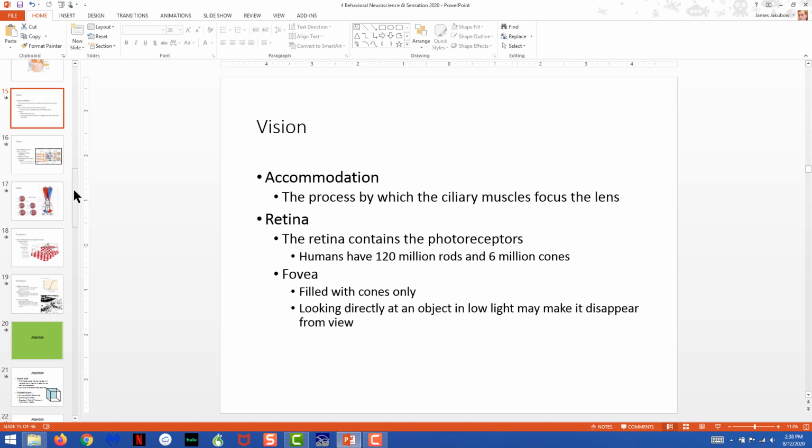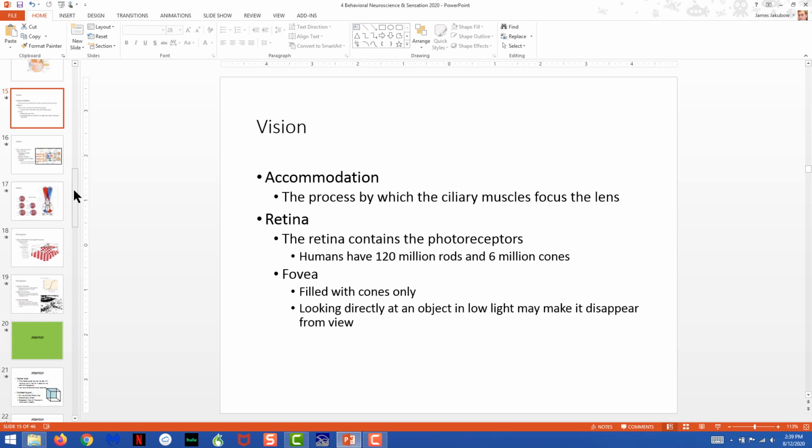So you may sometimes experience this or hear people talk about this with stars, and maybe if you have a telescope. If you're out on a dark night and you're looking at a star and you look directly at the star, it may disappear. And the reason is when you look at it, you're focusing the light on the fovea, which primarily has cones that only detect wavelength, not brightness. And because you're dealing with a light source that is very faint, there may not be sufficient brightness going in your eye for you to see it when you look directly at it.